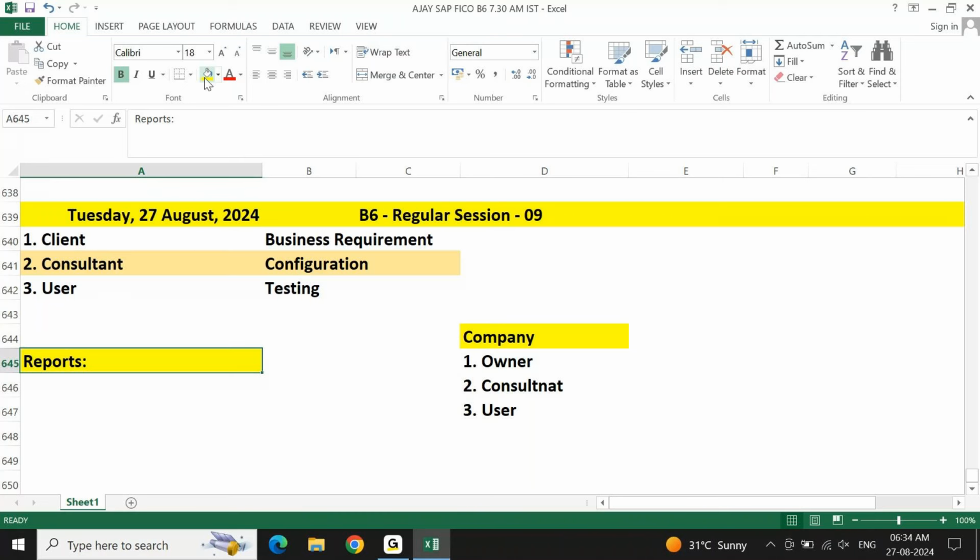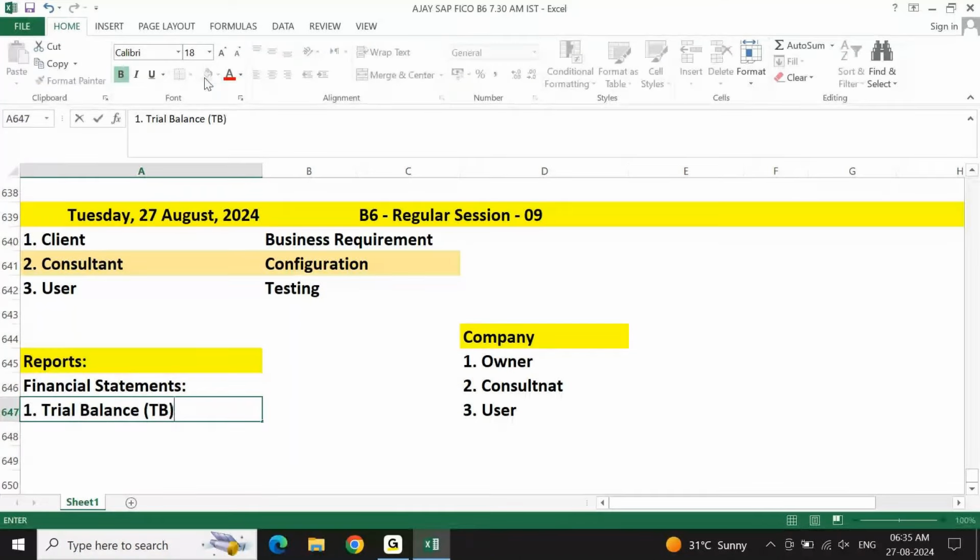Those are called as your financial statements. Those three major or important reports are called as financial statements. Whenever you're talking about financial statements, we are basically representing three reports anywhere. One is trial balance, which is nothing but TB.